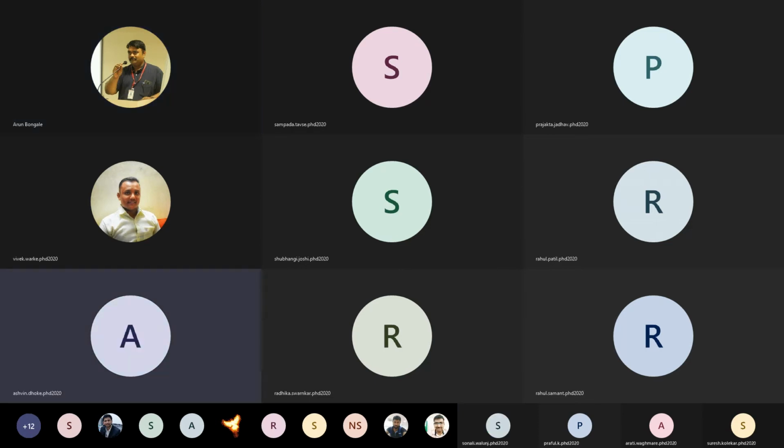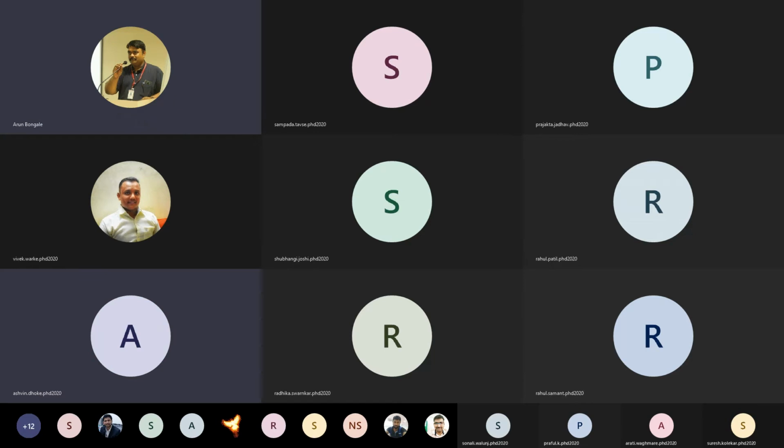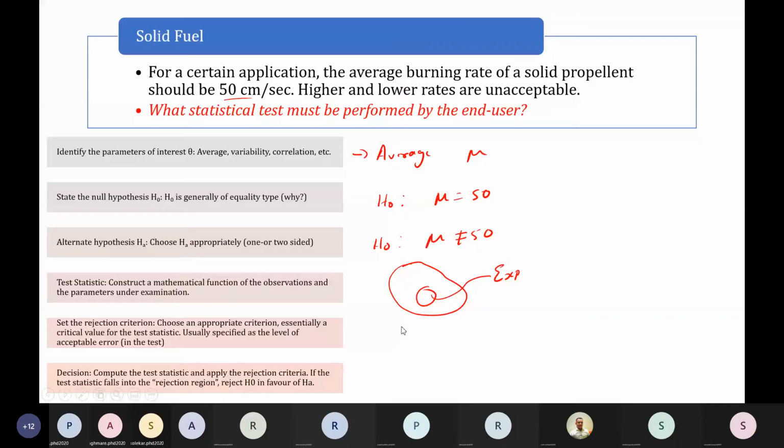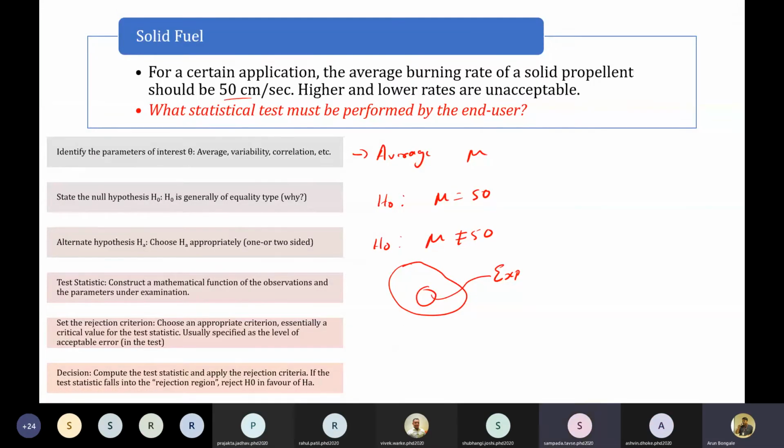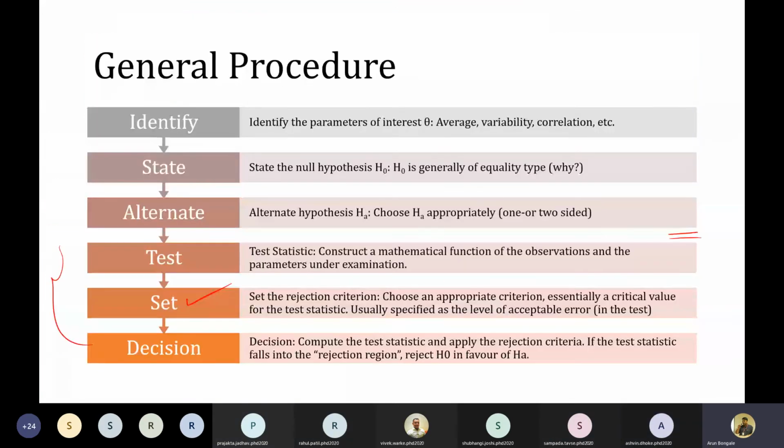We are not able to see your presentation. Is it not visible? No, sir. Sorry, I'll check. Now is it visible? Yes, sir. Oh, it is still this slide. Was it visible or did it go out earlier? I think the general procedure slide you are there, but after that we... Okay, understood. Okay.